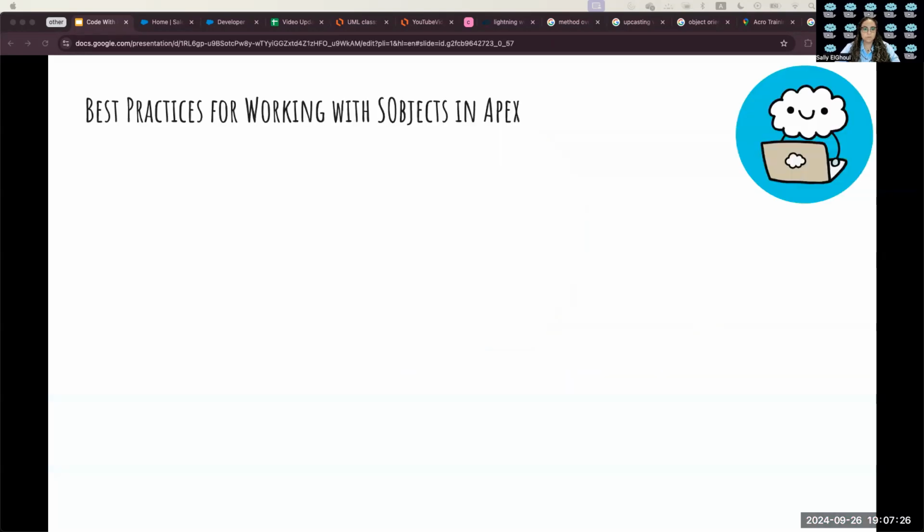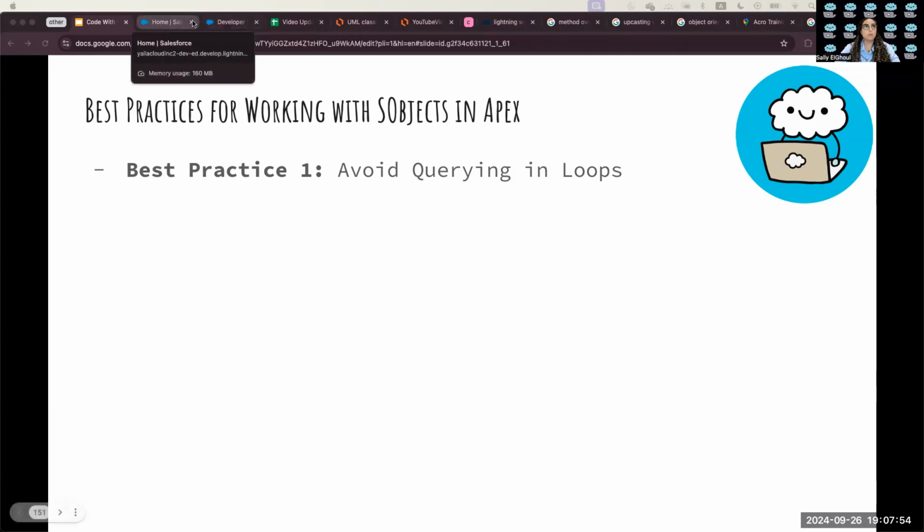So as discussed, today we will be summarizing the best practices that you have to take care of when you work with SObjects. So the first one is avoiding doing any query, a so-called SOQL statement, inside the loop. So let me show you a bad example, and then we discuss how we can do it